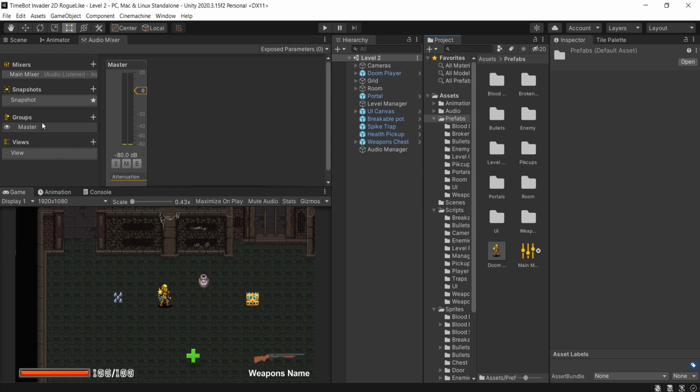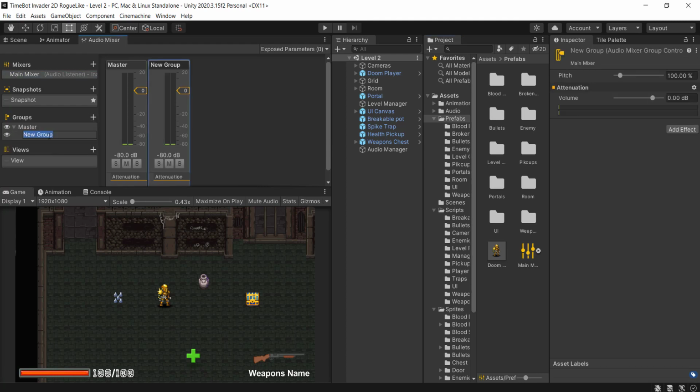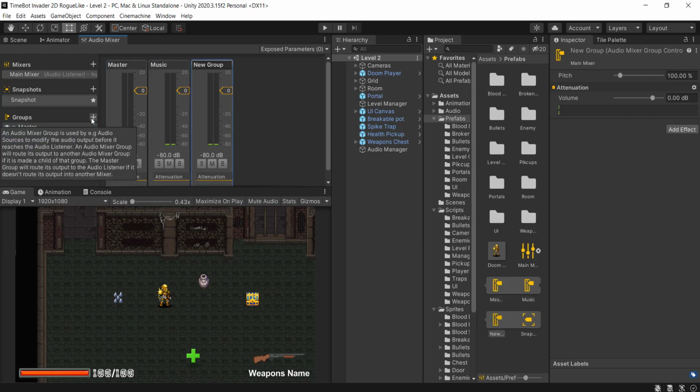Next thing we have is some groups, views, and snapshots. I'm not going to go into details and attenuation and all of that. I barely know what all of these are. All I know is that I can create a group right here under the masters and call it the music, and then select the masters again. Make sure not to select the music, select the masters, and then create in here the